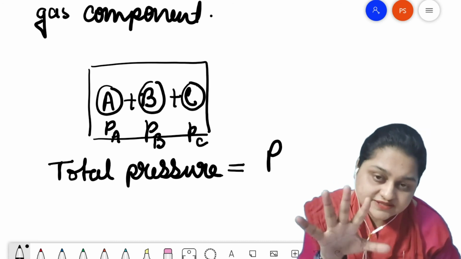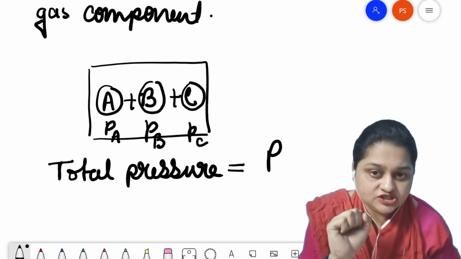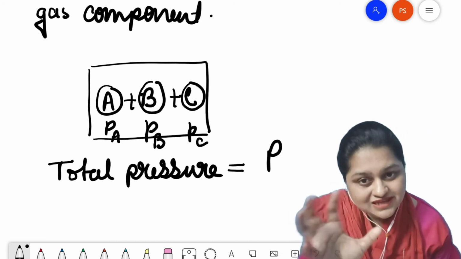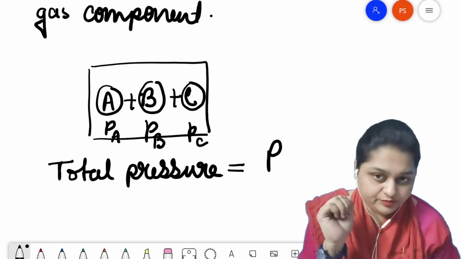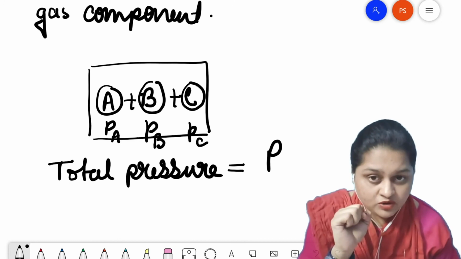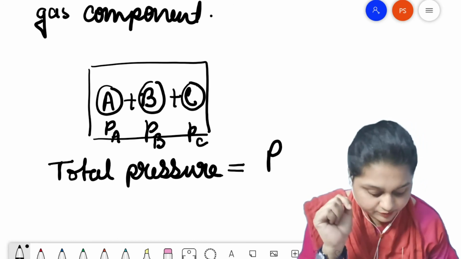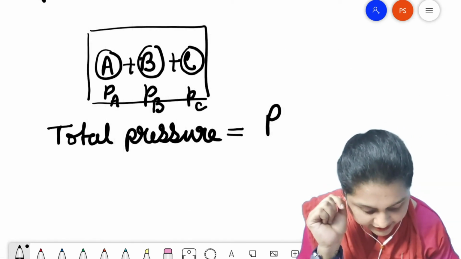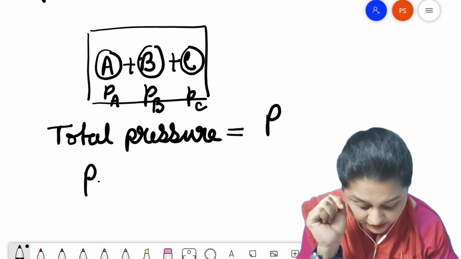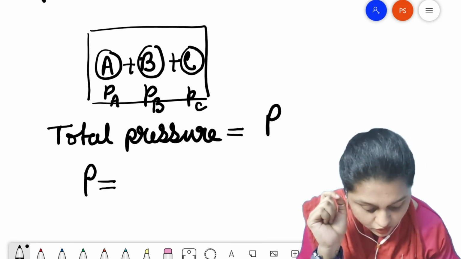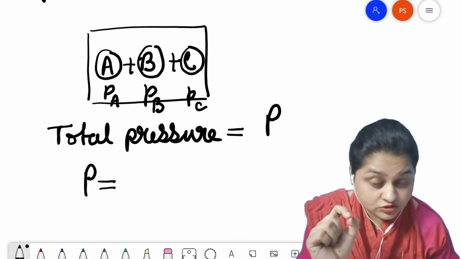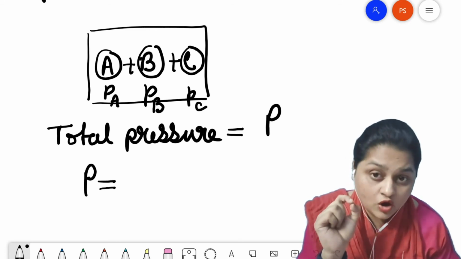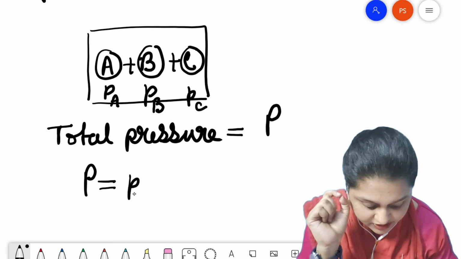So all these three component gases contribute some amount of pressure to create this total amount of pressure. So this total pressure can be written as P equals the contribution of pressure coming from component gas A, which is Pa,